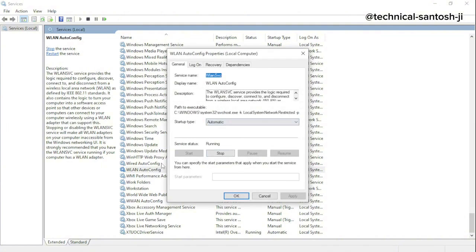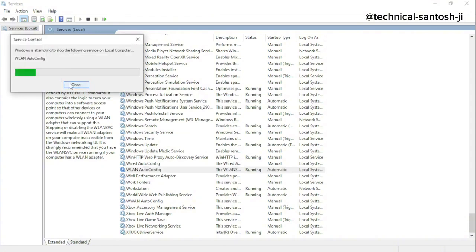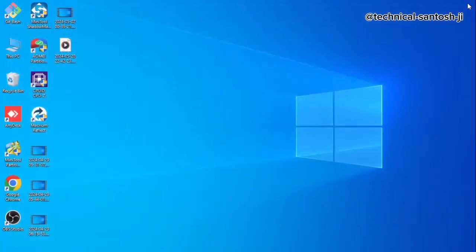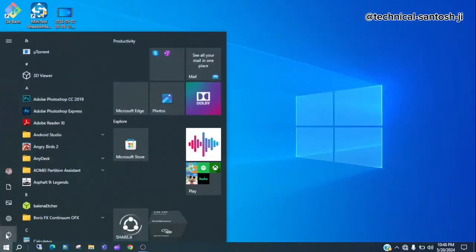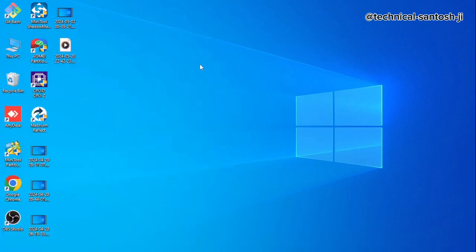First of all, double click on it and check whether the state is running or not. If the state is not running, then the start option will be highlighted. In my case it is already started. Click OK, and you can simply click on restart, and you can restart the Windows. After restart, if the issue is still not resolved, then what we can do is